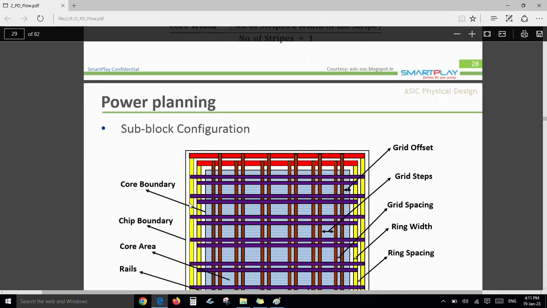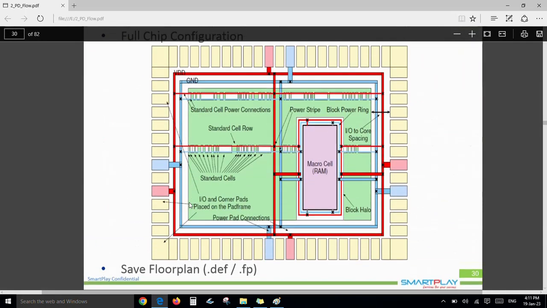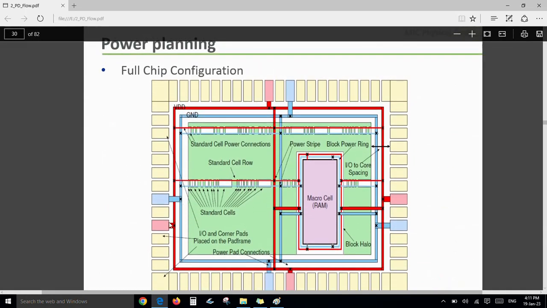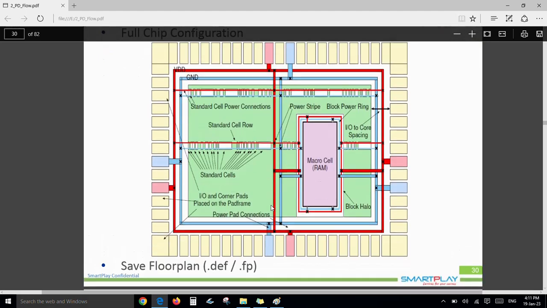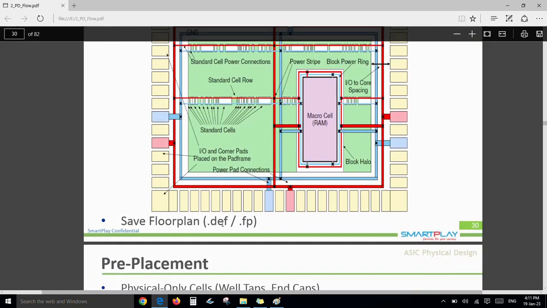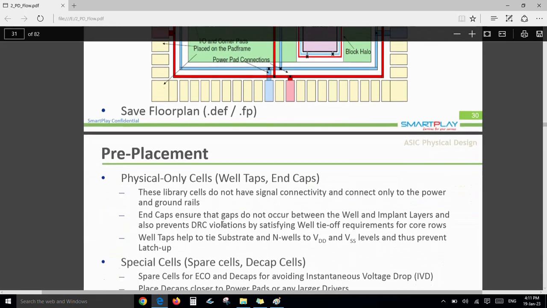This is called trunk. This is the full chip. These are trunks, if you see, right? These are the trunk, and this is the power to macro. And we save this DEF, floor plan DEF. At every point of time we are getting that DEF. Okay,